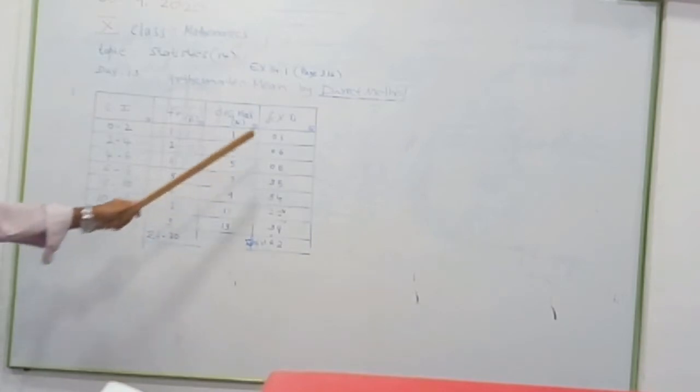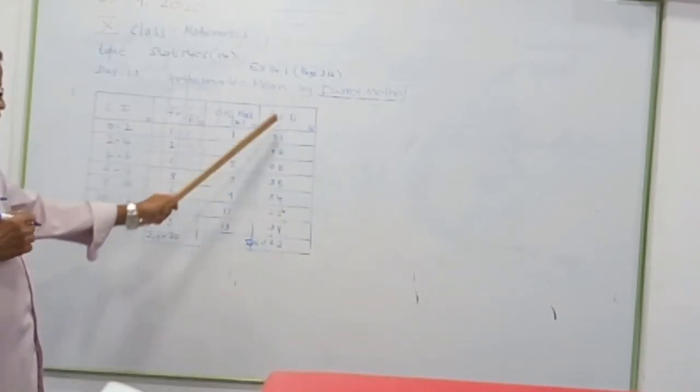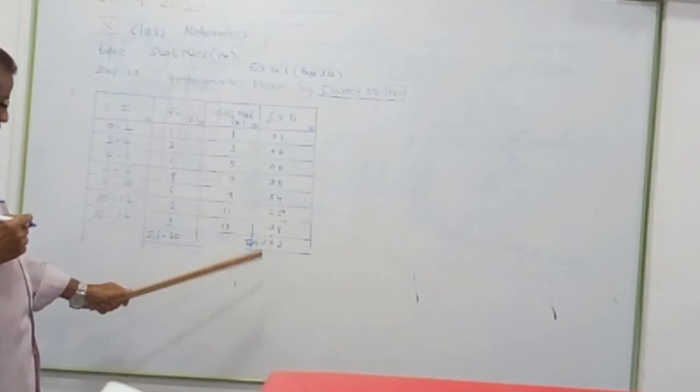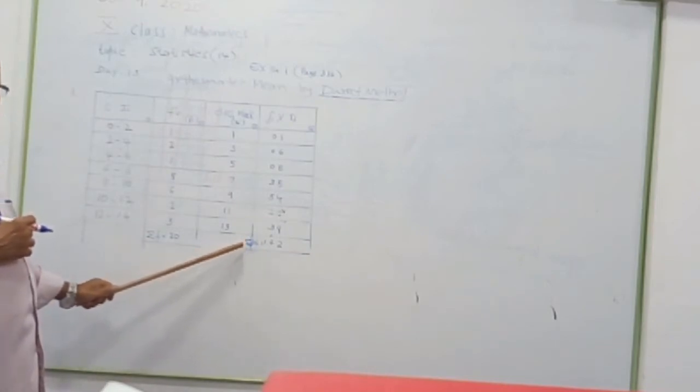This is the tabular form. So using a scale, please draw like this. Draw lines. There are 1, 2, 3, 4, 5, 6, 7 classes, so draw lines. And the last row, sigma for sum: the sum of the frequencies is 20 and the sum of the fourth column is 162.